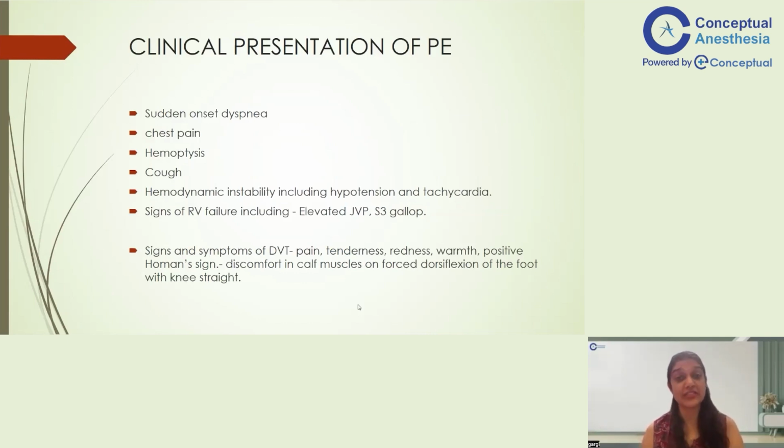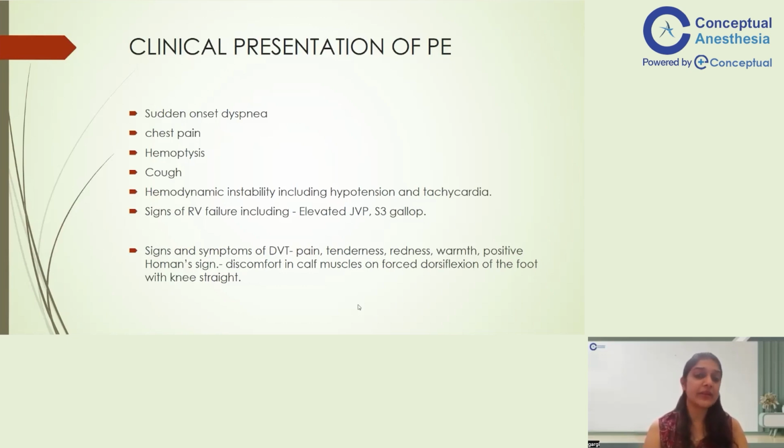The patient will have chest pain. Now, the chest pain could be because of ischemia to that particular region of the lung because of the obstruction of the pulmonary circulation. The patient could have hemoptysis. The patient could have cough because of increase in the pulmonary congestion. Now, as the pulmonary pressures keep on increasing because of pulmonary emboli, we just talked that pulmonary vascular resistance increases. So pulmonary pressures will also increase because of the pulmonary obstruction. Increase in the hydrostatic pressures will cause increased transfer of fluid from the pulmonary circulation into the alveoli. So that will cause cough.